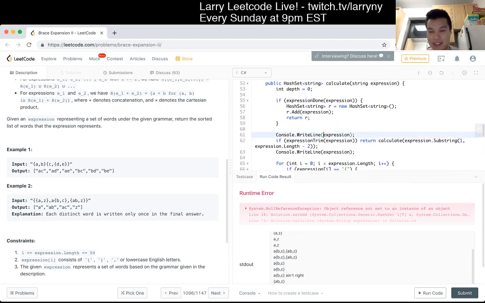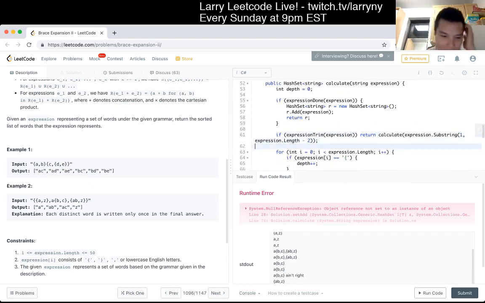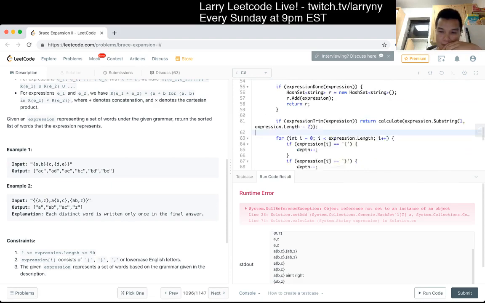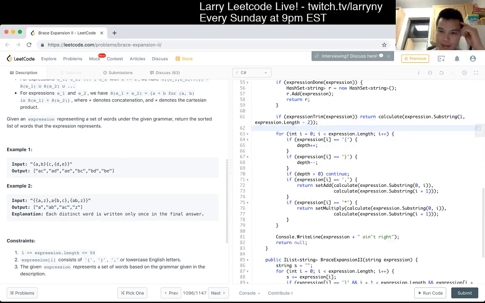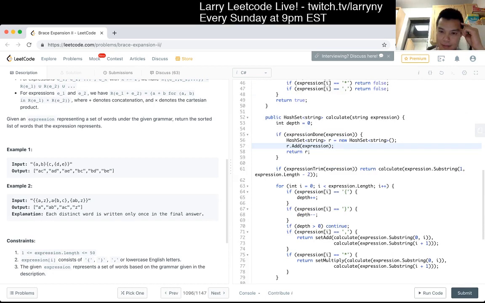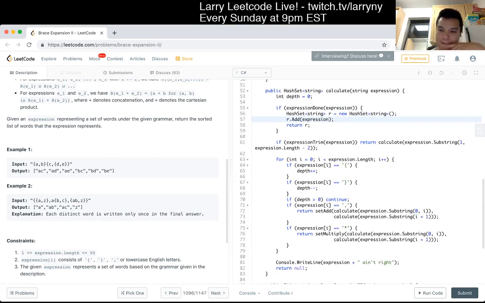I mean, at least this problem gives us... Actually, I thought about this one earlier, but I forgot. Okay. So the expression is not done. So